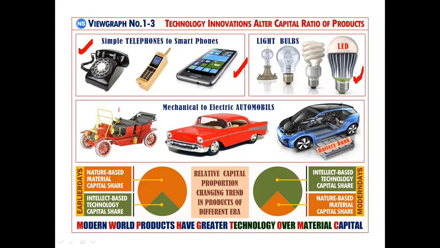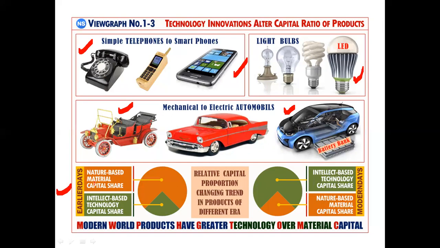Automobiles, from purely mechanical automobile to now a new electric, not only electric, electronic, but almost a self-driving car. Now, if I take every product and try to break it down into its constituents in terms of material content and technology content, what do I find in the older products versus the newer products? In earlier days, in the older products here,